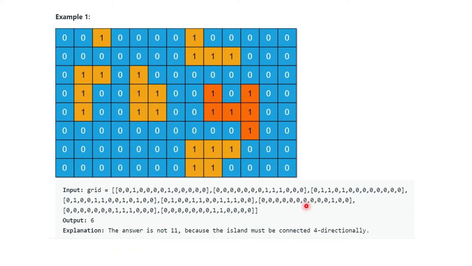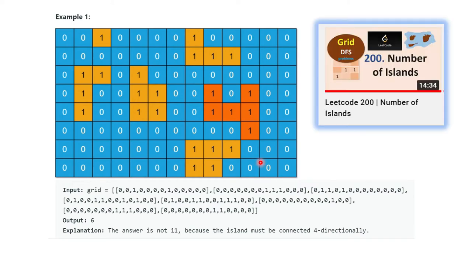4 directionally. Now before going to the solution, I will tell you to must watch this video, LeetCode 200, number of islands. This is just a variation of the same problem. We have to change just 2 lines in this problem, then only we can get the solution. In the number of islands problem, the same grid is given to you. They just wanted to know how many islands are present. But here what they want to know is the island which has the highest area, right? So these are similar problems. So go through this video, and then if you come back, you can easily solve this problem.